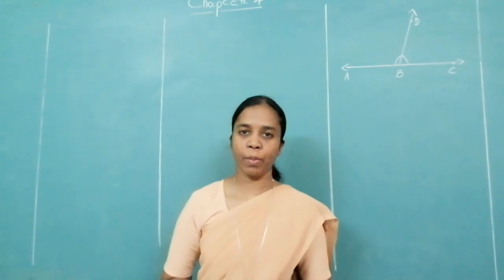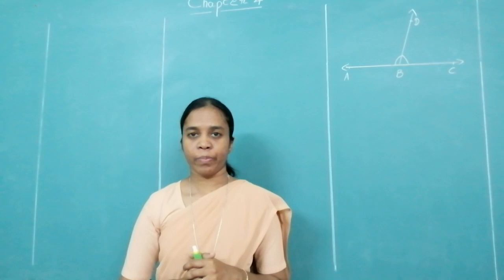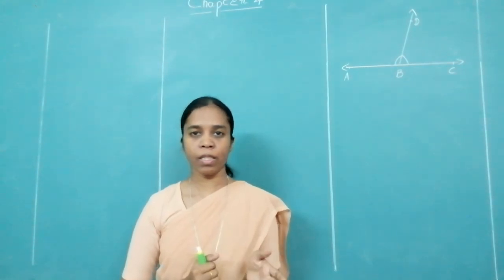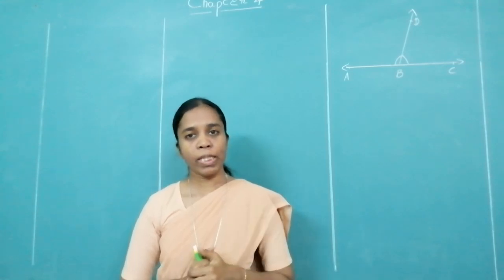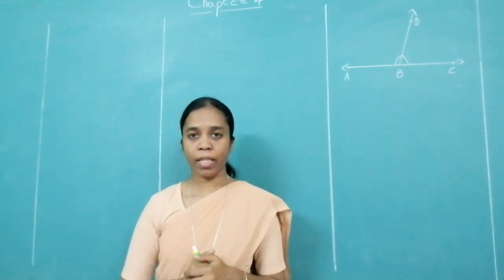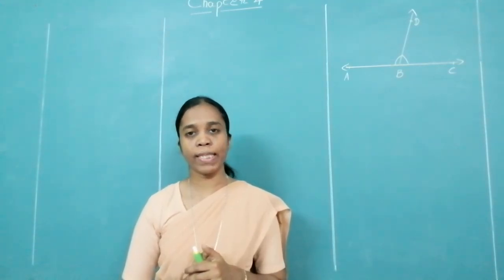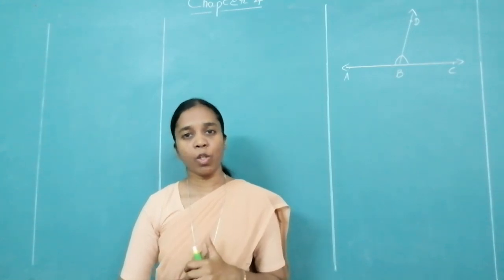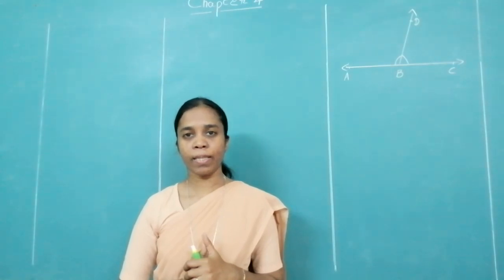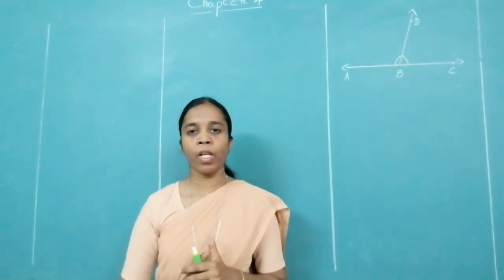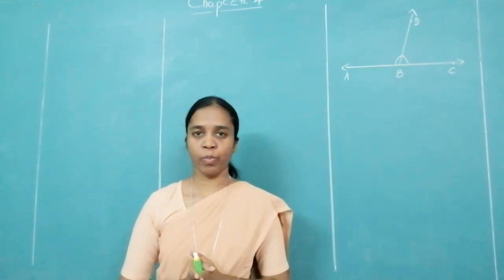We shall continue with chapter 4. Let us recall what we have learned so far. We have seen the interior and exterior parts of the angles. We have also seen what adjacent angles are. I suppose you are able to identify adjacent angles and know the definition. Then we saw what complementary angles, supplementary angles, and opposite rays are. These are the things we have seen. I am sure you have completed the homework and you have learned the definitions also.